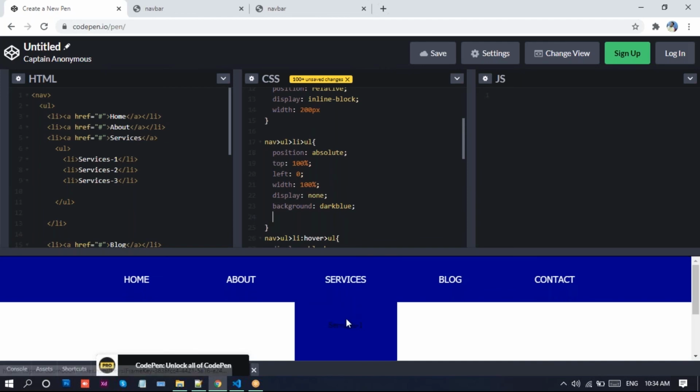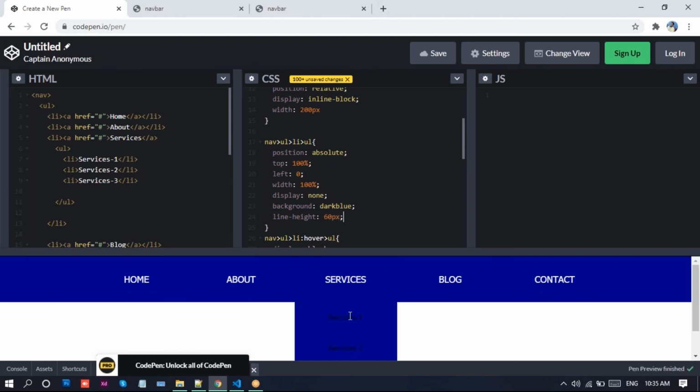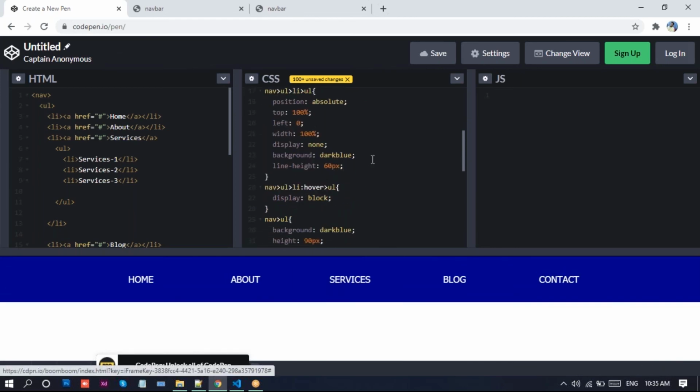and we can write, so here, look at this one. We need to reduce the line height. For this one I'll write line height 60 pixels, and font size 16 pixels.